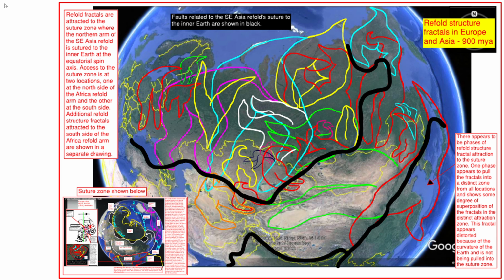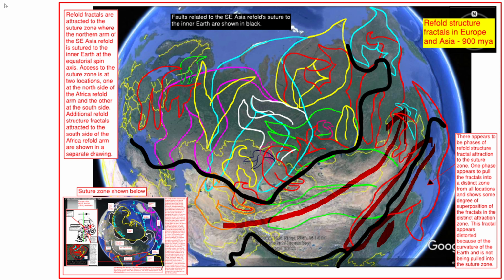Okay, what we have here is the same slide as the previous, with the exception that those black lines are drawn in, and those black lines are drawn in on the edges of refolds, such as the arm of the Africa refold, which is over here, and predominant movement was in this direction, and the Southeast Asia refold is over here, so it's sharing that border, you can see, and there's that bonding, that sticking in that zone where it's in contact over here where I'm circling. So that's important because,